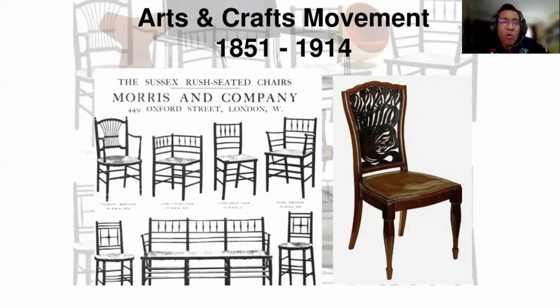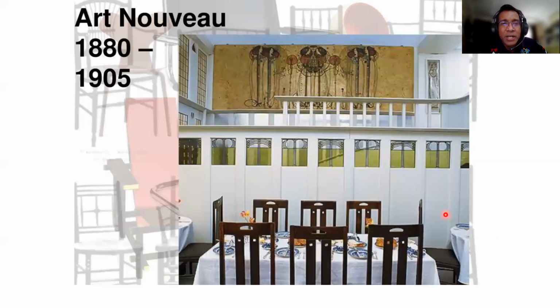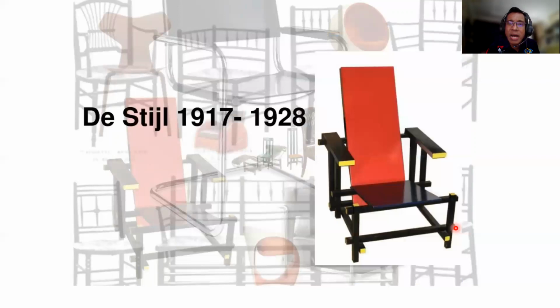So that is quite long for a chair, but you can see here the shape is maintained until now, because the purpose is that we sit on the chair and use it. But the development is very good, very attractive to see, because from the simple chair we can cover it. Now we have cover cloth, leather, from the carved wood. So the chair development is a very good example.